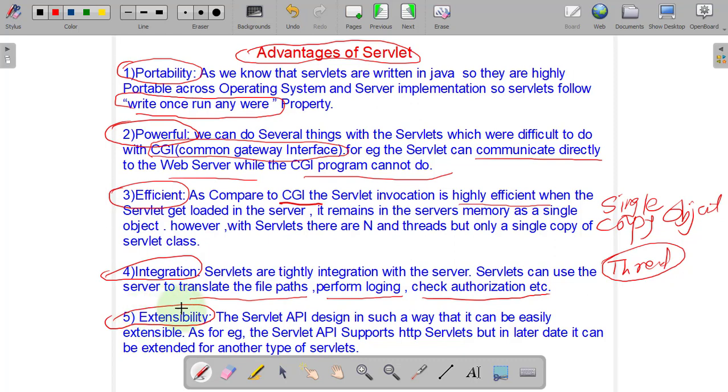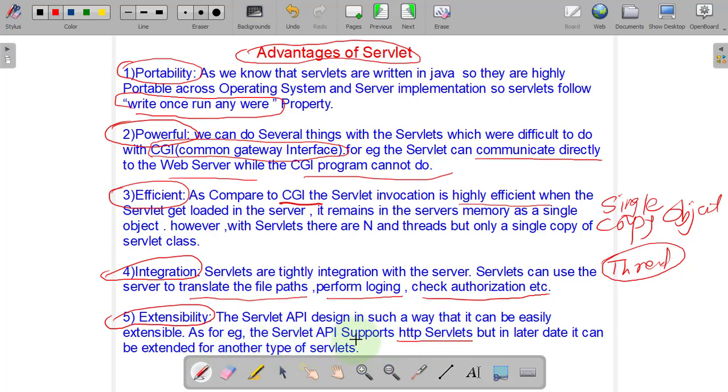Now servlets are extensible. That means we can easily add classes and interfaces to the servlet API, the application programming interface. Now the servlet supports the HTTP protocol, but at a later date it can be extended for another type of servlet.